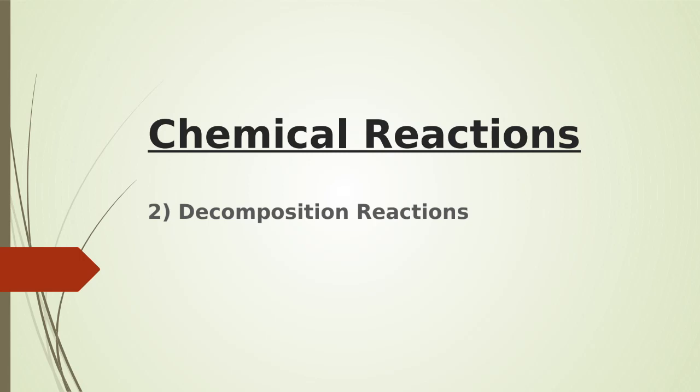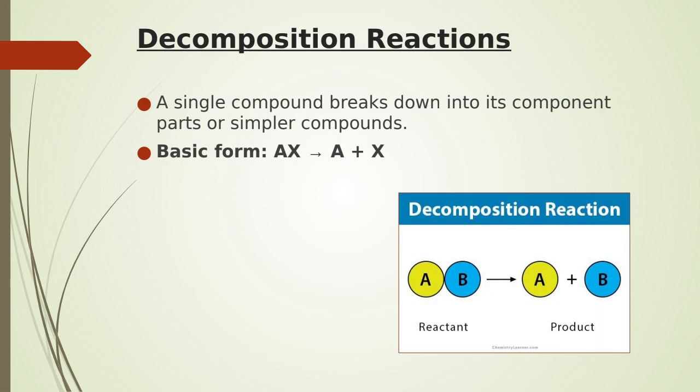Today's lesson is going to focus on the second type of chemical reaction, which are decomposition reactions. Decomposition reactions are probably the easiest to identify, as they are always going to start with one reactant. So always, you're going to have one reactant, and that reactant is going to break down into two or more